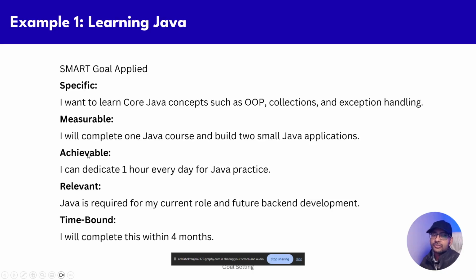Next we have achievable. How can we achieve it? On a daily basis, how much time can I give to my goal? Let's say I can dedicate 1 hour every day to my Java practice. So this is how achievable works. Then